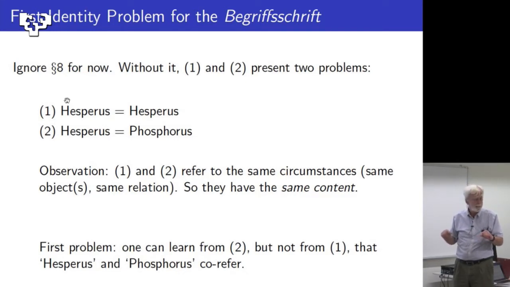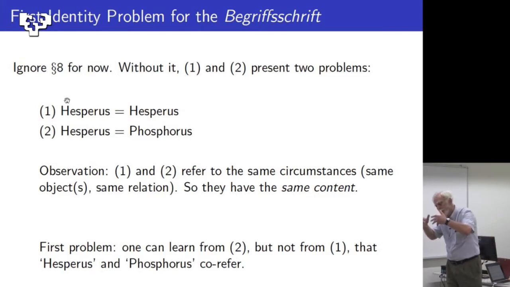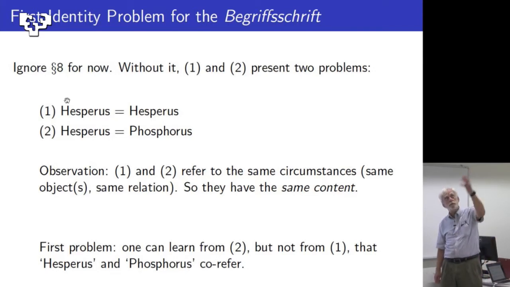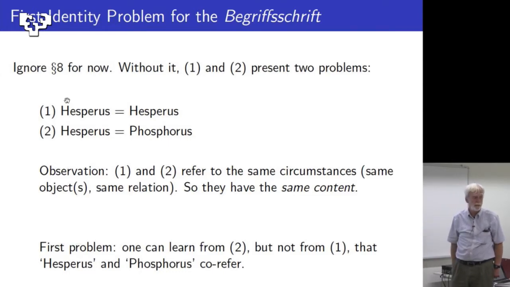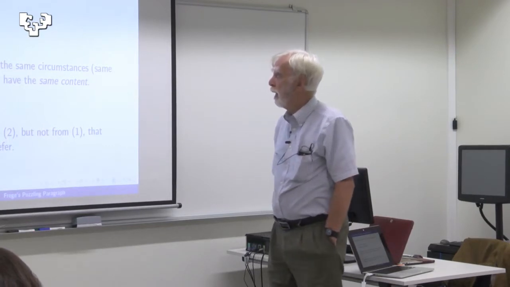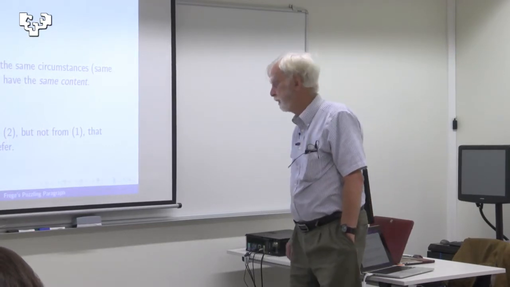Those look like names in German more than they do in English, where they look like incorrect definite descriptions. So I just leap ahead 50 years to whenever Quine or whoever it was introduces Hesperus and Phosphorus as the official Fregean example. Hesperus and Phosphorus being the Babylonian names for the evening star, Hesperus, and the morning star, Phosphorus, which both turn out not to be a star, but the planet Venus, as I'm sure you know. So, observation 1 and 2 refer to the same circumstance.